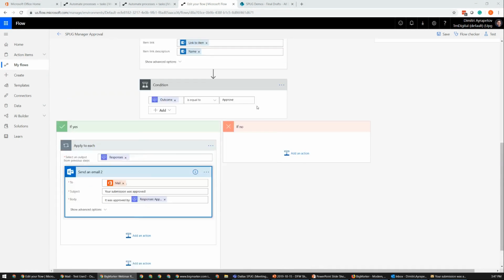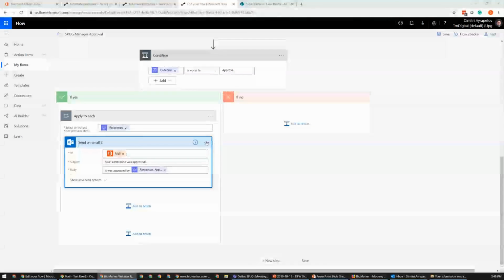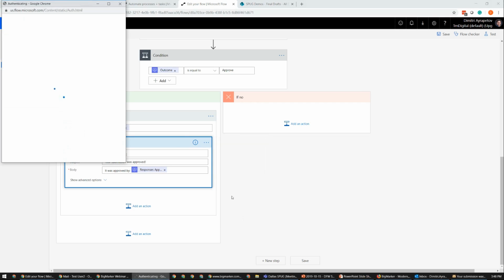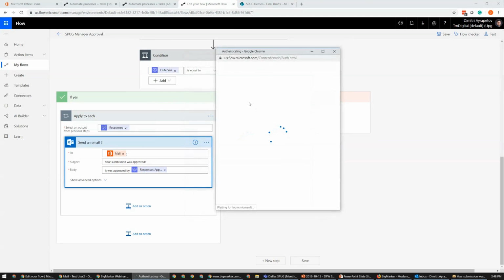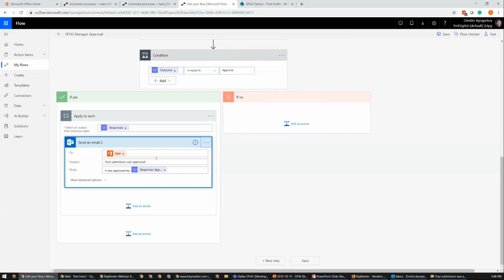Great question. So if I put this into edit mode, which we are, and click on any of these actions, I can see the different connections that are available and being used to take this specific action. So if I was to come in here, add a new connection, and enter, for example, a service account, by doing so, I'd be able to send this in the context of that other connection. So that would be the easiest way to do it.